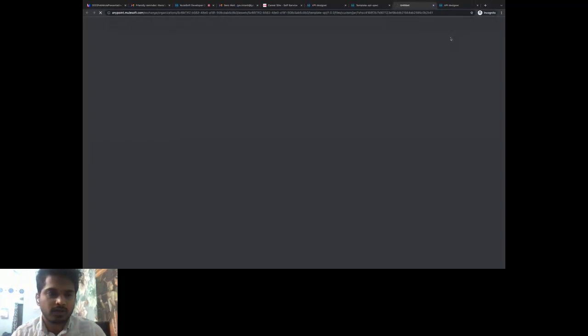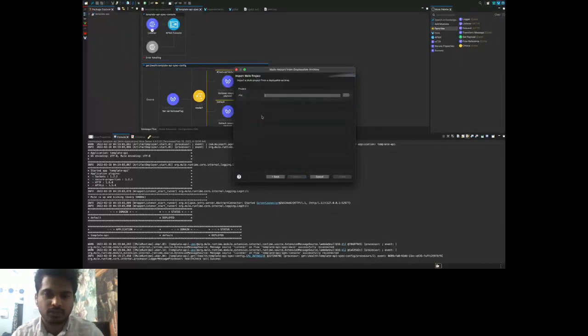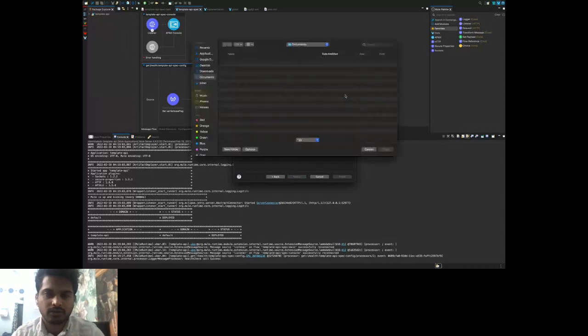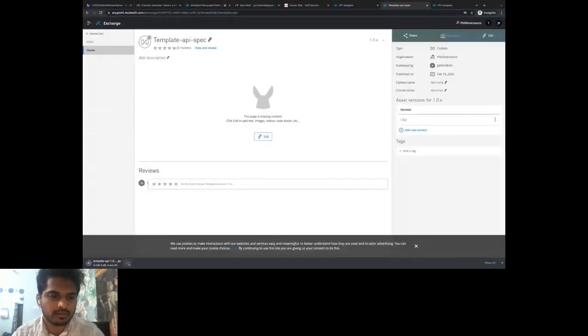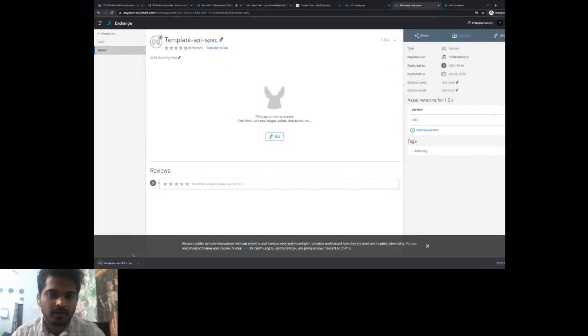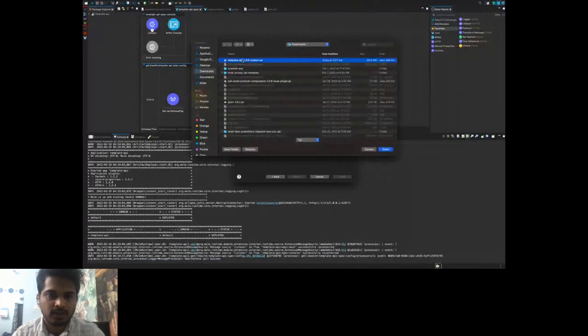So once it's downloaded, you can import that using a jar file here. This is the option you need to select: package mule application, and browse, and then downloads, which I just downloaded. I put the spec to the wrong file. It's supposed to be for the other RAML file. So once it's there, you select that, and then